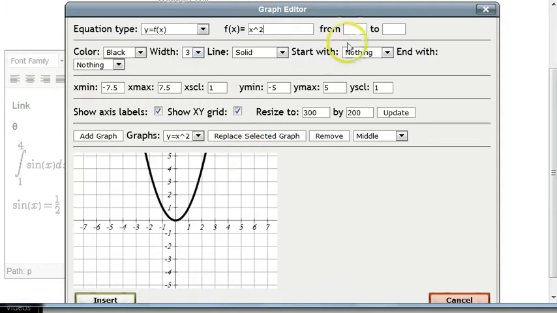So, I didn't really want it plotted the whole thing. I only wanted it plotted from x equals -1 to x equals 2, and you say replace the selected graph, and it says, oh, okay, I just got that much. Right. And you say, well, maybe I want to put a couple of graphs in at the same time,